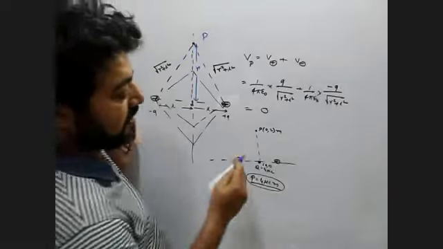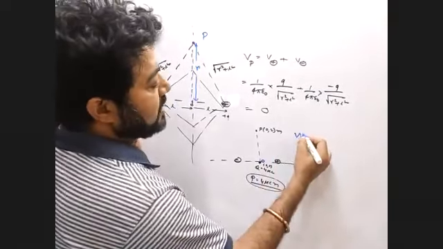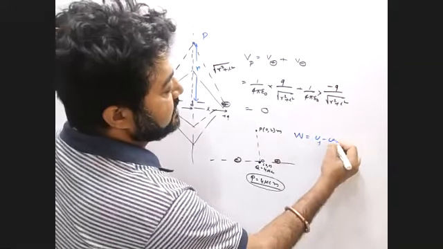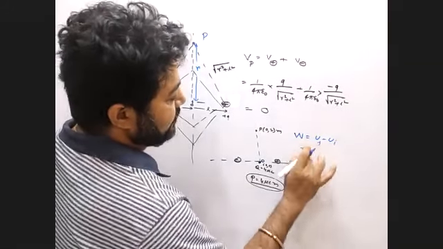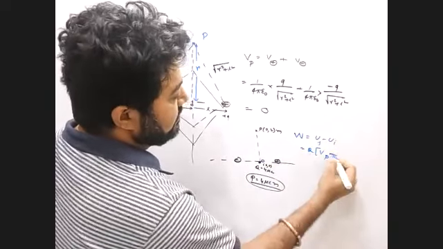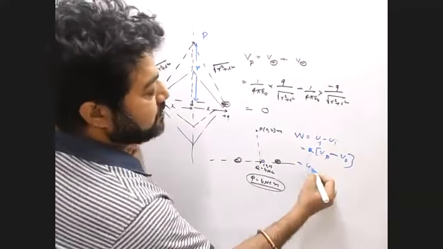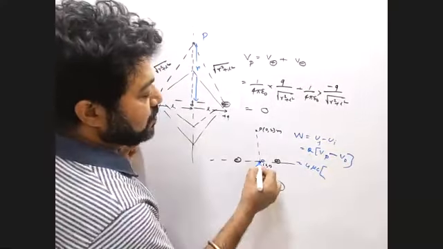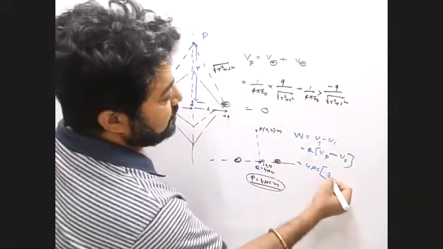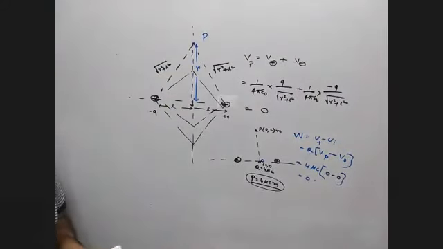But basically, see, that point is O, that point is P. Work done is final minus initial, that is charge, where it is Q, times V final at P minus V initial at O. Is it clear? Now the charge is how much? 4 microcoulomb, and at O and P, what is the potential? 0. Well, the answer is 0. You got it? Yes, sir.